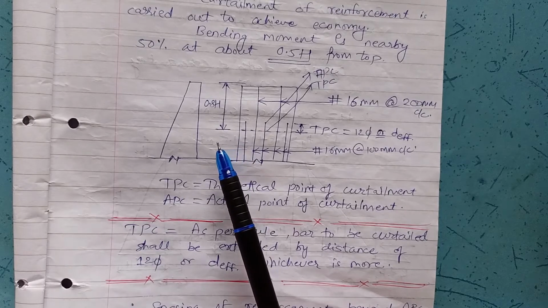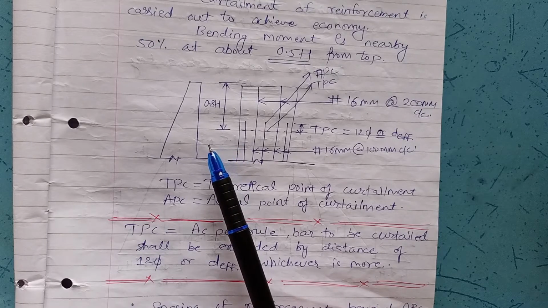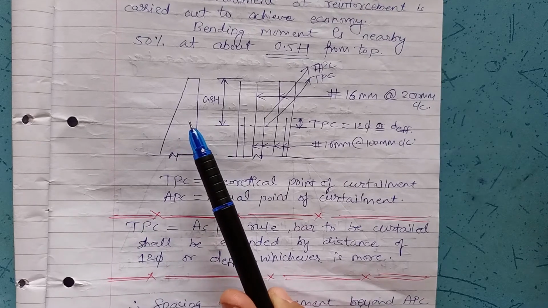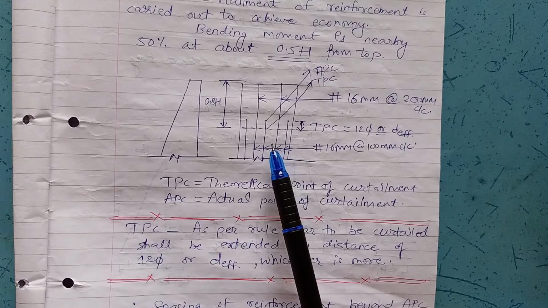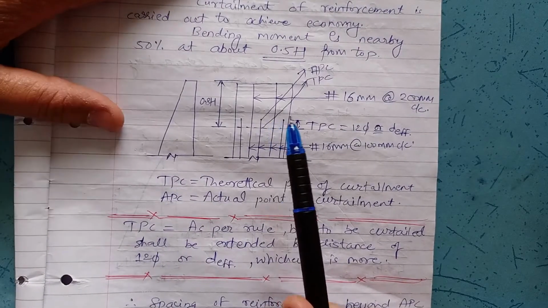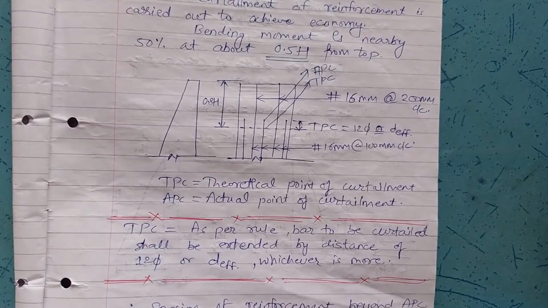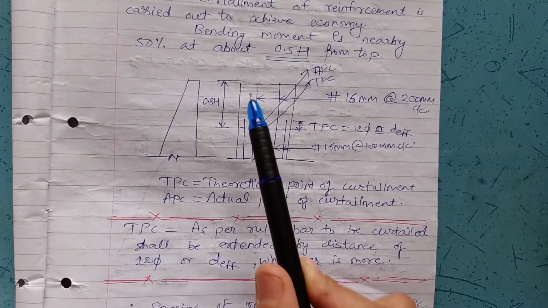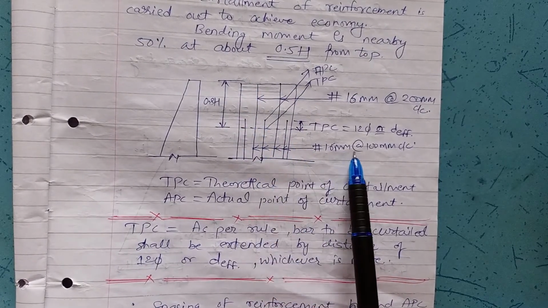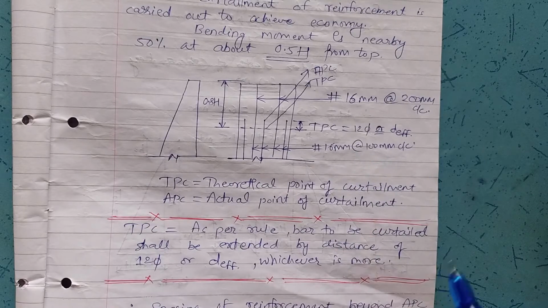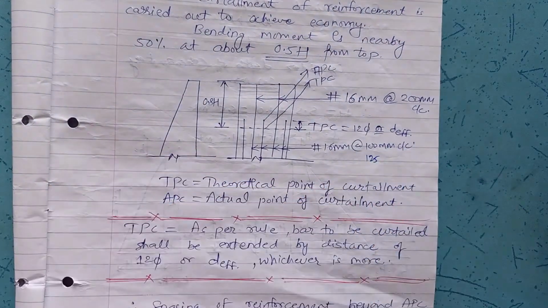Now this will be the case. This is the retaining wall stem portion. This is the reinforcement that is to be provided. This is the sectional elevation of the stem, and here we have provided the curtailment. Say this is per meter length of the stem portion. This is the reinforcement provided, T16 at 100 mm center to center. Sorry, we have calculated this as 125 mm center to center, T16 at 125 mm center to center. That is the main reinforcement to be provided on the inner side of the stem.